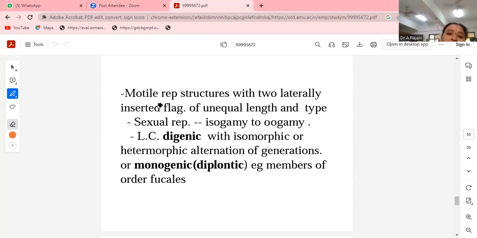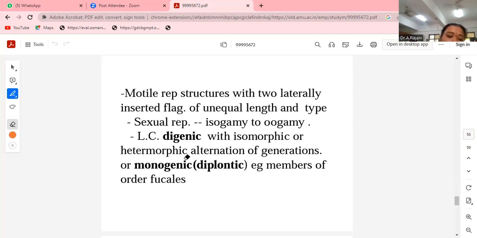Here, motile reproduction is lateral. Is it isogamous, anisogamous, or oogamous? Three types of reproduction: iso, aniso, and oogamous. These are motile biflagellate, flagella unequal, laterally attached, usually present in groups. Resting stage in zygote is absent. Different types of alternation of generations occur in this life cycle, isomorphic and diplohaplontic. The best example, you have already studied in Ectocarpus.